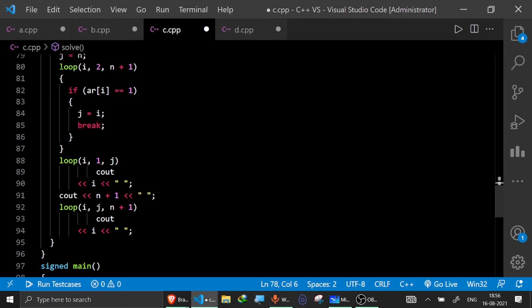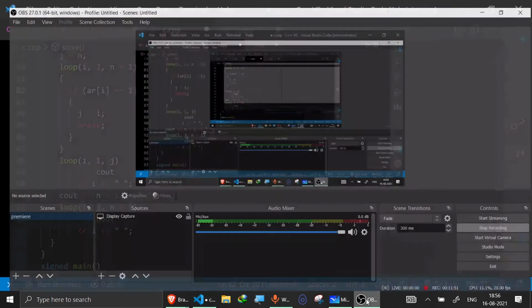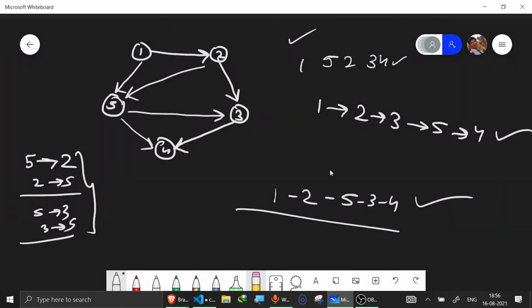So for any other node, as soon as I find a node which is having the value 1, that means it would be directed from n plus 1 to the ith node. Okay, let me show it to you here. So what you saw earlier, that whenever I was having an edge from 5 to 2, then 1, 5, 2, 3, 4, my answer always existed. So if at any position I find a value 1, then from that position I can reach the whole node set. So that is the only case.